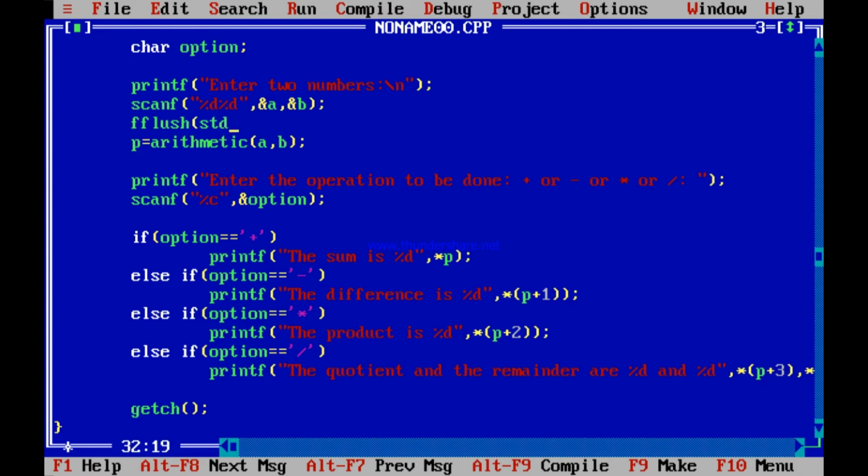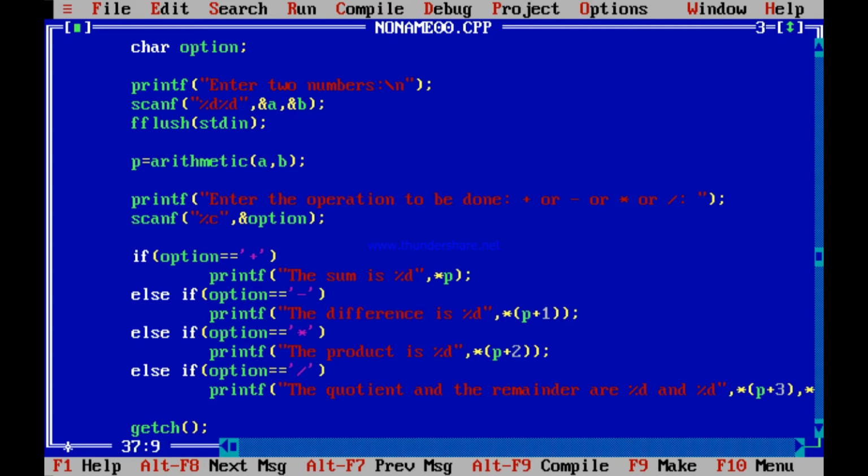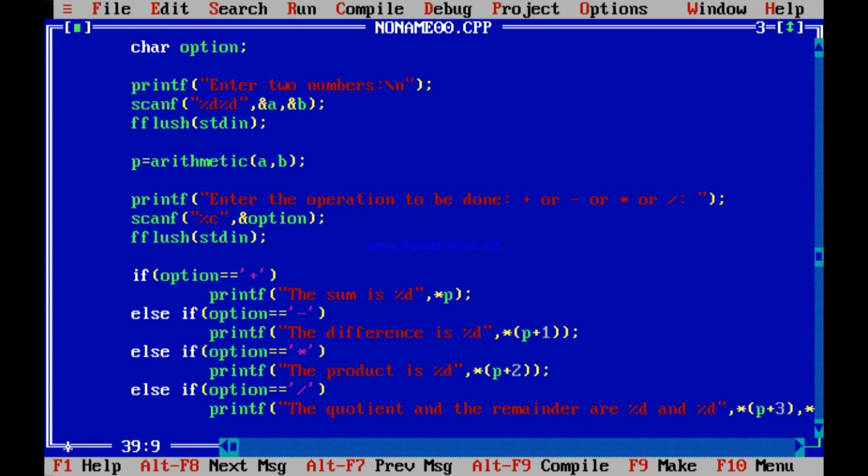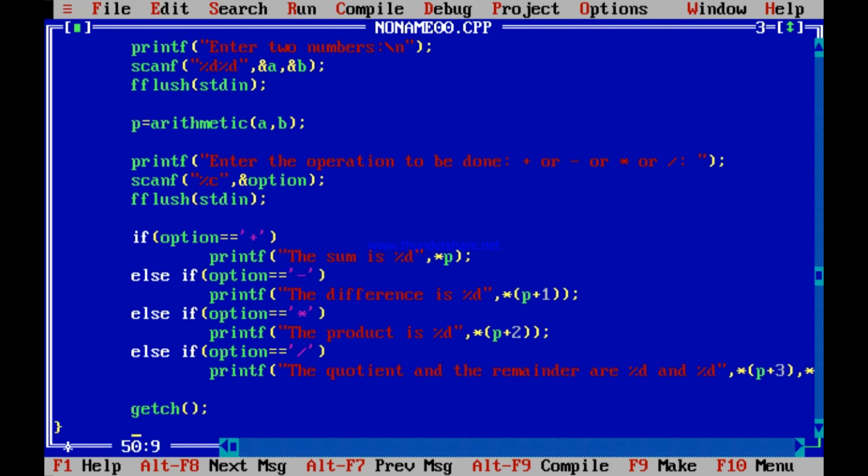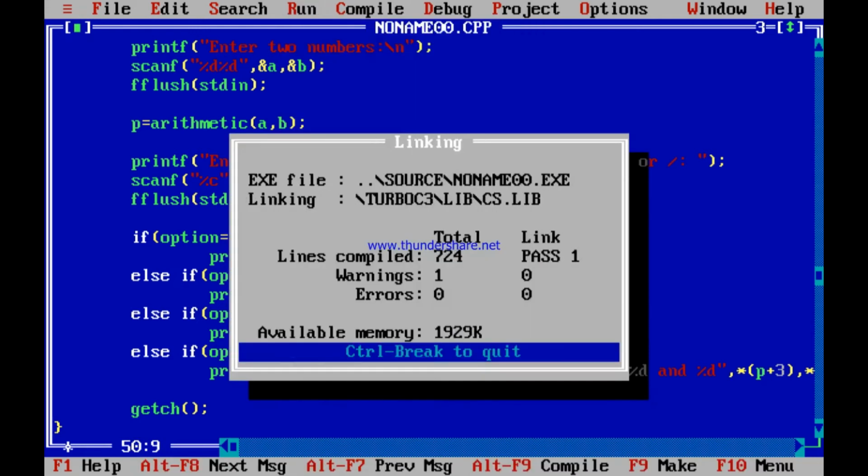Your old problems. Is not it so? In fact, even after this scanf, you should give a flush. It is a habit to give a flush. Good habit to give a flush after every scanning. I told you, though it is not needed over here, though you have not scanned anything after this, so if anything remains in the buffer, should not be a problem, but it is a good habit to do. Anyway, let me run it now.